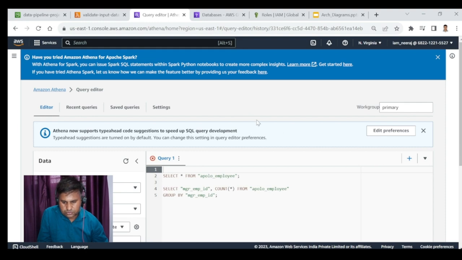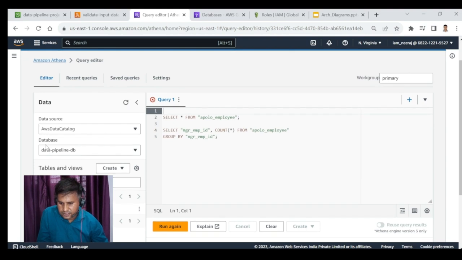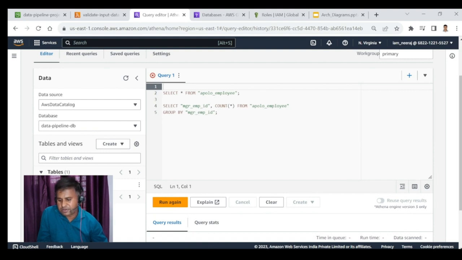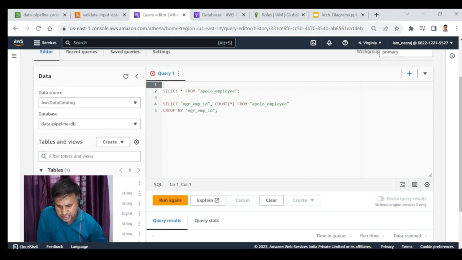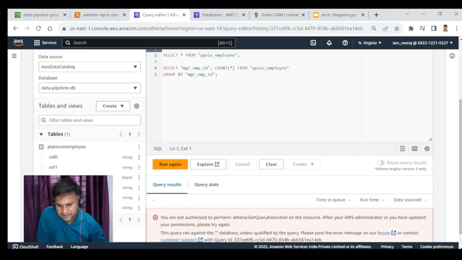Okay, so let me check here. The database is data pipeline DB, it's automatically coming, and you can see the table name also. Because of that prefix, the name is coming like this. Otherwise, the name would come like only employee. So you can expand this, and you can see here. It is displaying the column names as column 0, 1, 2, 3, 4, 5, 6, and along with that, you can see it has